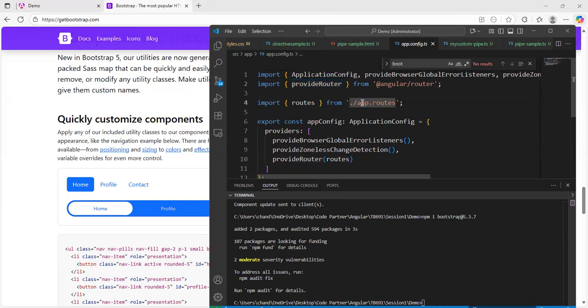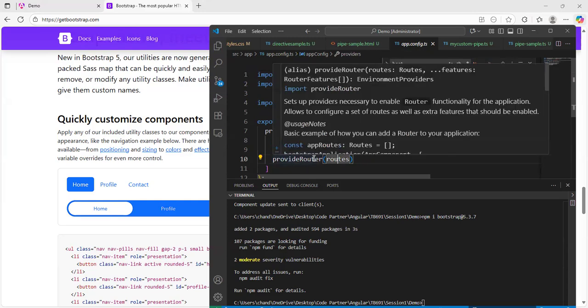This root component goes through this provider router, through this provider method. This is an inbuilt function from Angular through npm. Through this provider router, it is rendering. Provider router is a function service